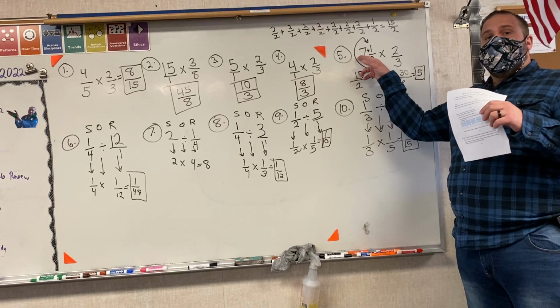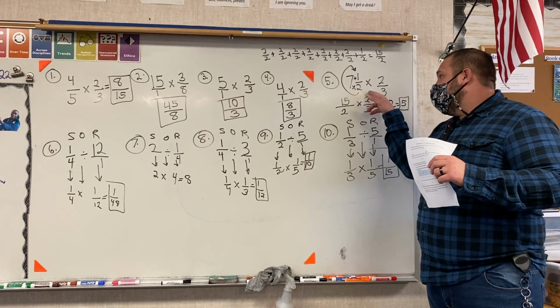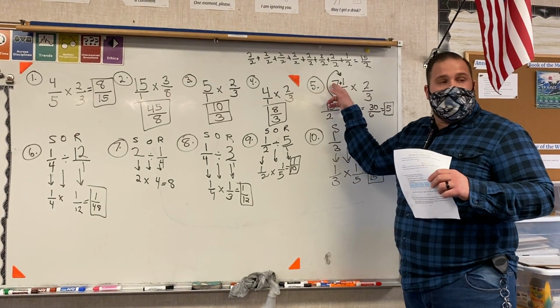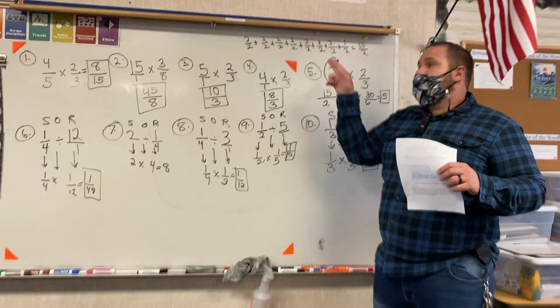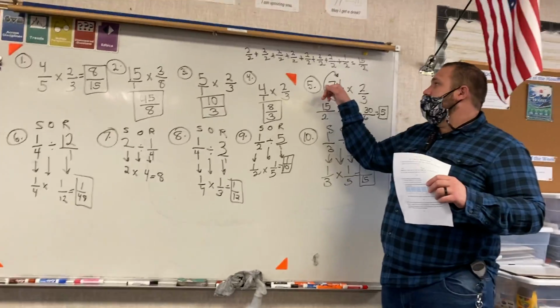You multiply it times the whole number because you're basically saying that this 7, which is a whole number, is 7 2 over 2s. Right? So, okay, take this and multiply it times 7. Or you can add